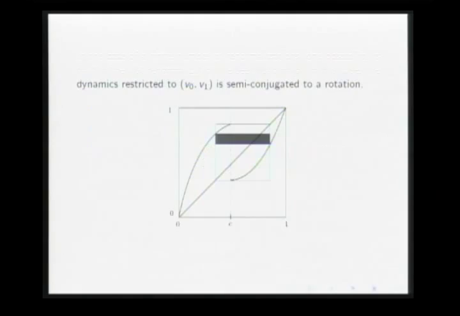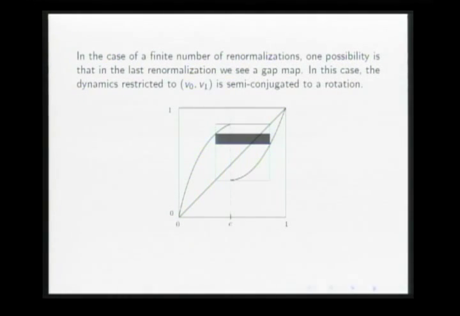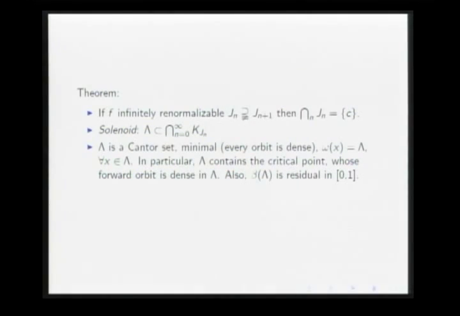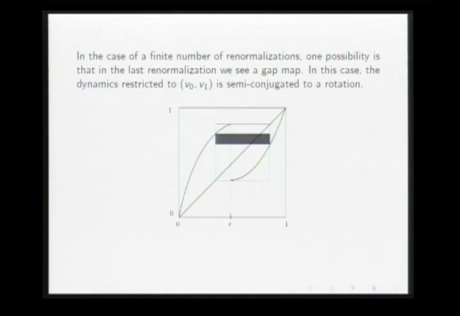So this happens in the case of you having infinitely many renormalizations, okay? But this renormalization process, perhaps it will stop at some time, and if it stops, what can you see at this point? In the case you have a finite number of renormalizations, look to the last level, and possibly you will see something like this. Okay,